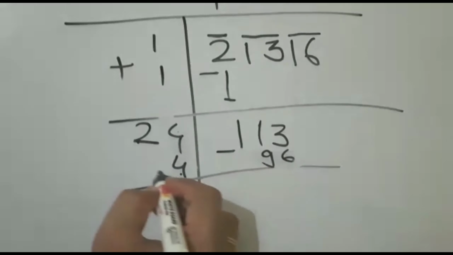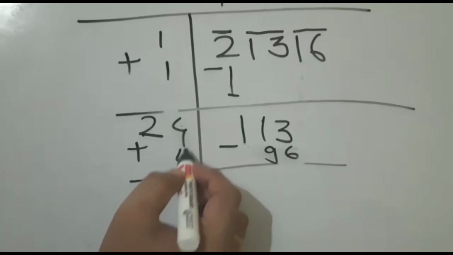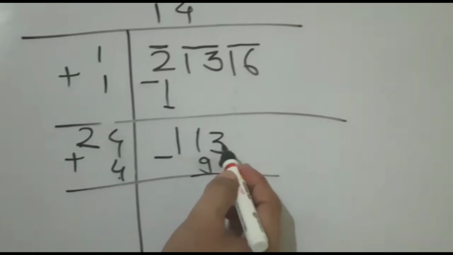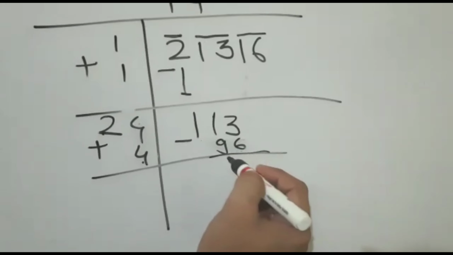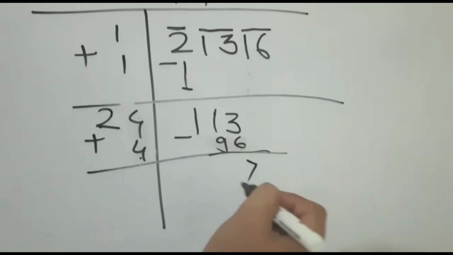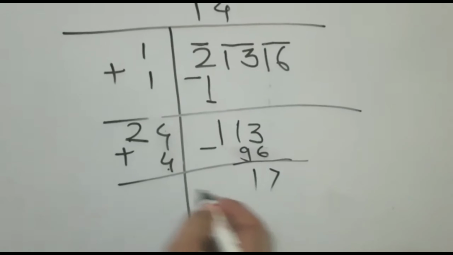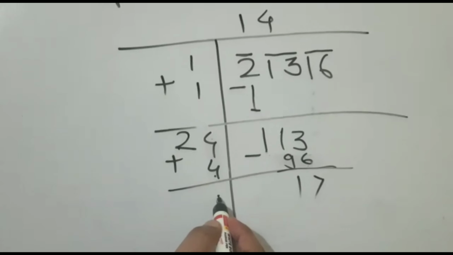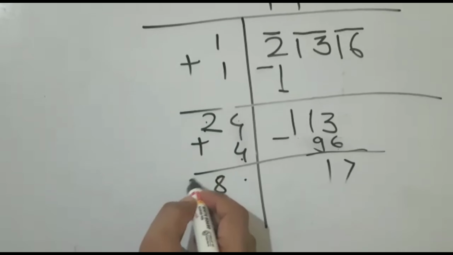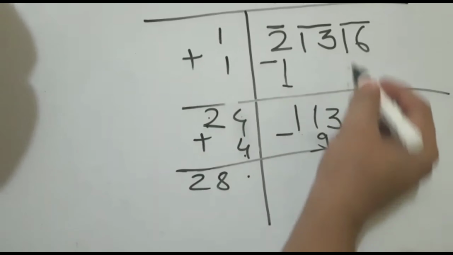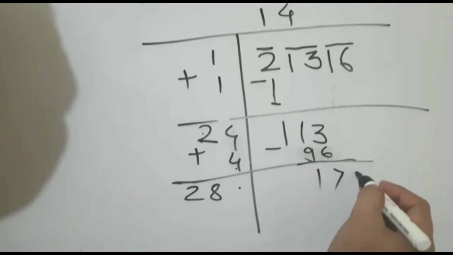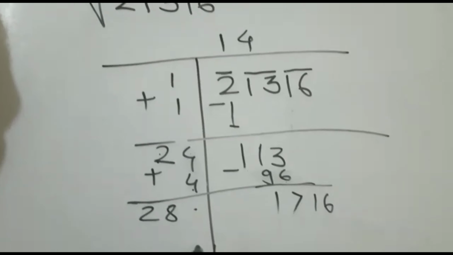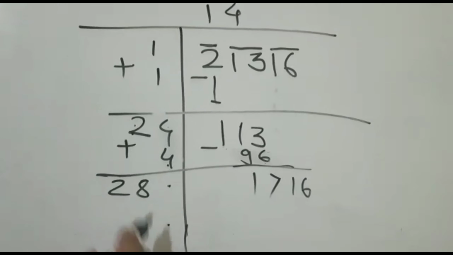Now make subtraction here, addition here, and the divisor is 4. Therefore write 4 here. Now make subtraction. 3 minus 6, not possible. So here 13 minus 6 is 7. Here 10 minus 1 is 9. And here make addition, but don't write it here. Give space here. 4 plus 4 is 8 and 2 as it is. So now bring down another pair here, 16. We get 1716. Now take the same number from 0 to 9.